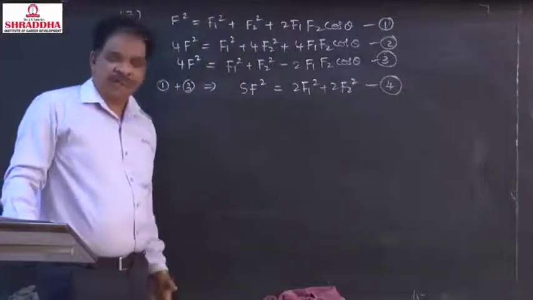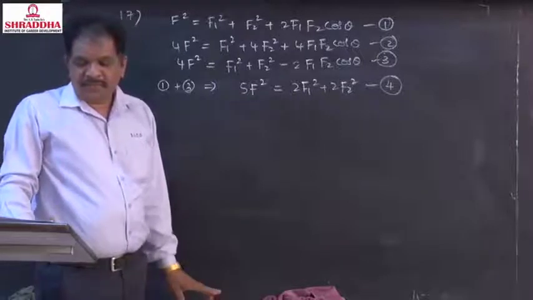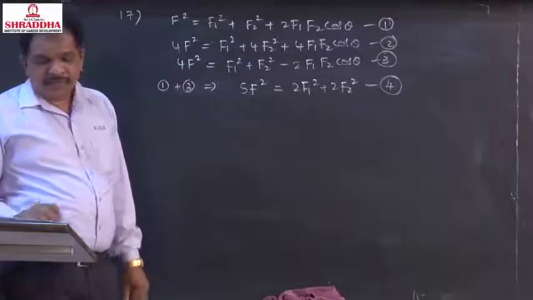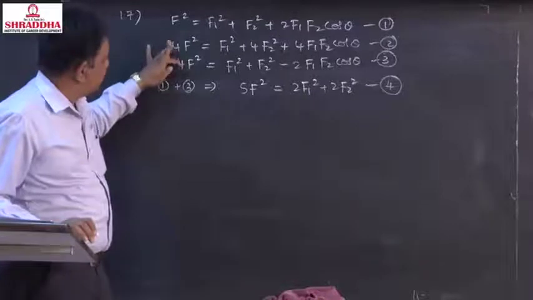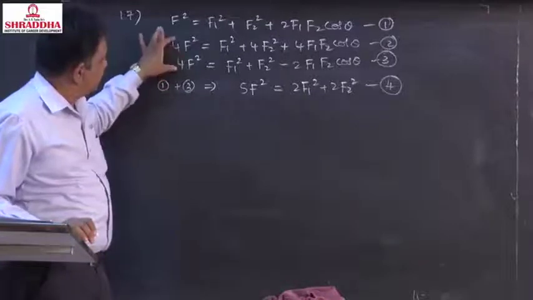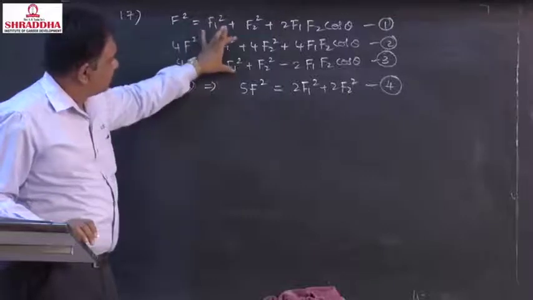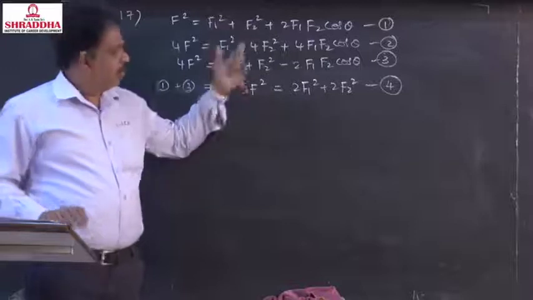We just added 1 plus 3. That's why we got 5F square is equal to this one. Next, here 4F square is there, here 4F square is there. Means these two values are same. So these two values will also be equal. Using that